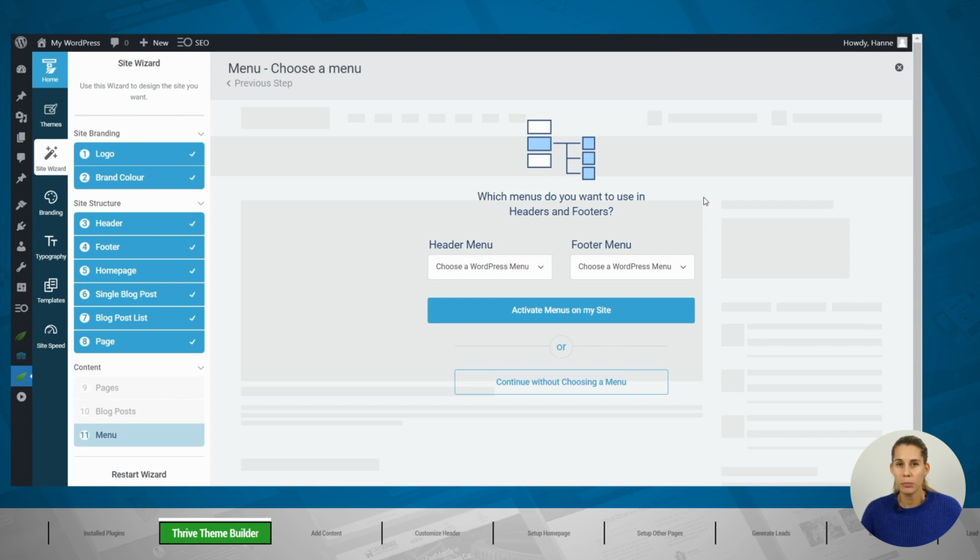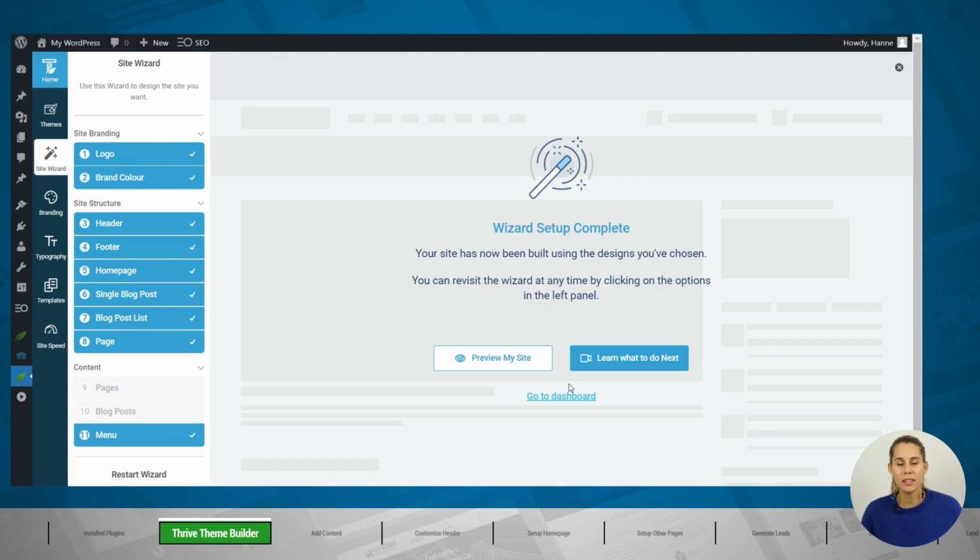Now, I really prefer using custom menus rather than the WordPress menu. So in this case, I'm just gonna leave it as it is. So continue without choosing a menu, and I'll show you later how you can add your menu to the header. All right, now we went through the setup wizard, and if we go to our website, we will see that